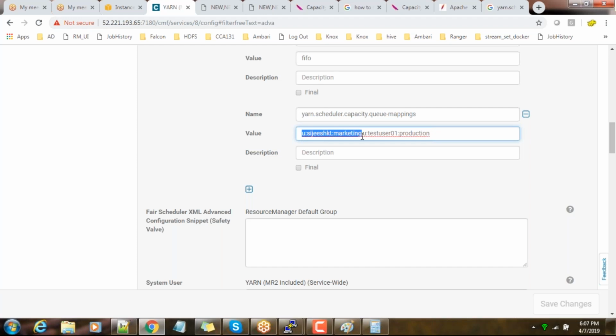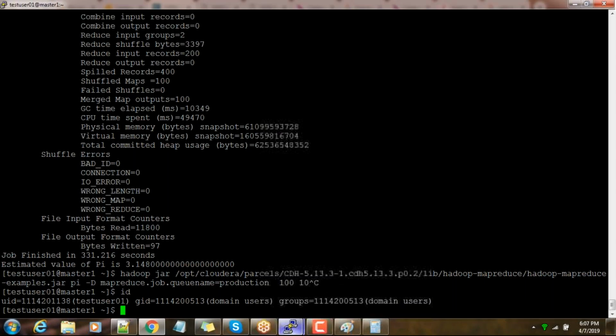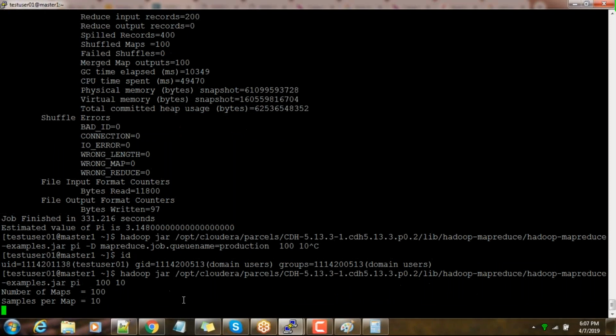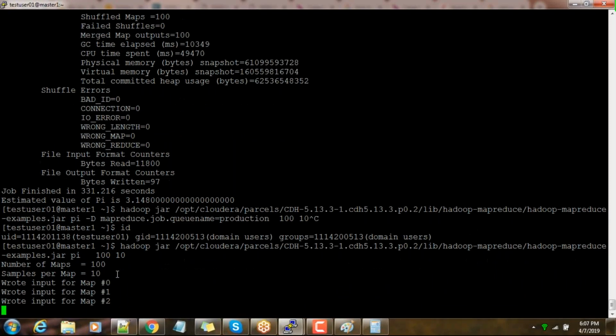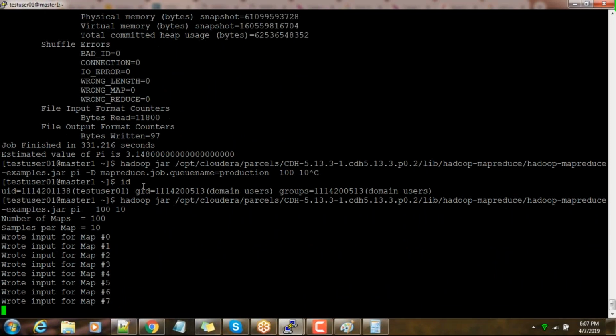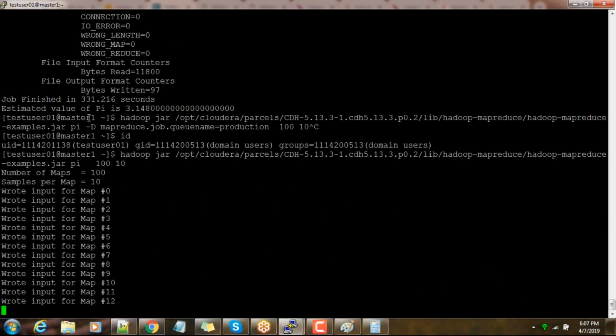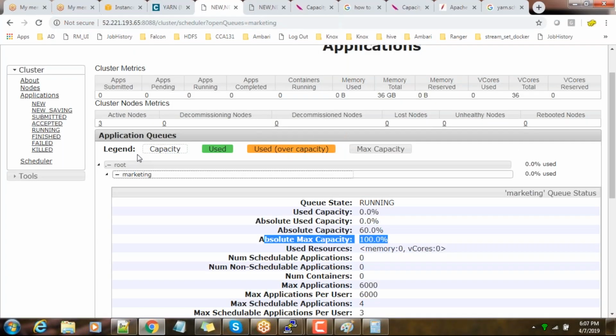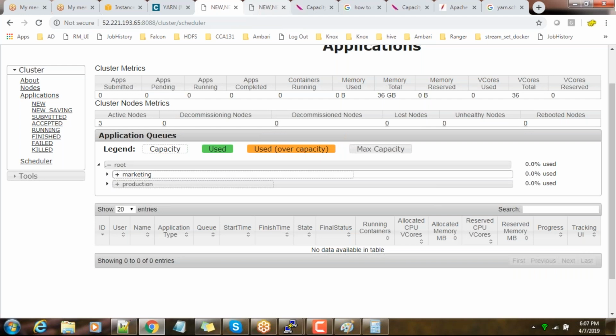So we can have U or G also, G for group. And for another test user, if I submit the job from the test user, earlier we used -d with the queue name. Even if you remove this option, it should go to the default queue configured for this. Even if I use the -d option, it will override the default setting. So now if I just submit it,